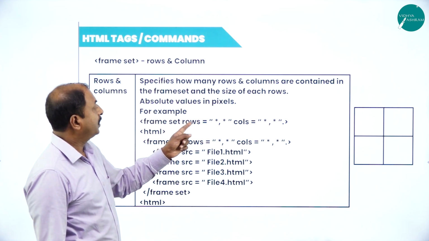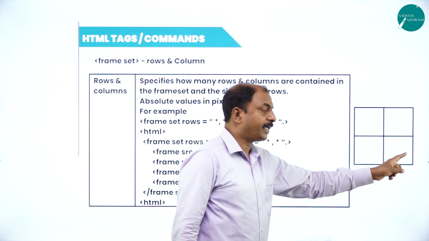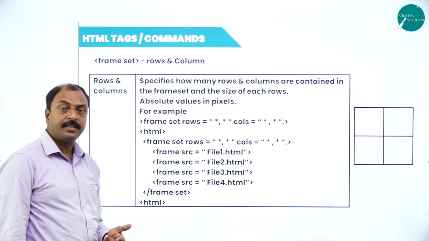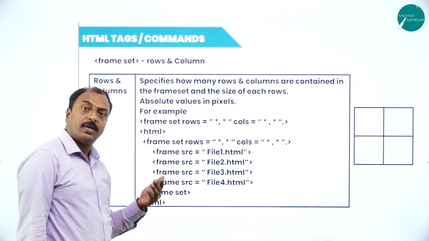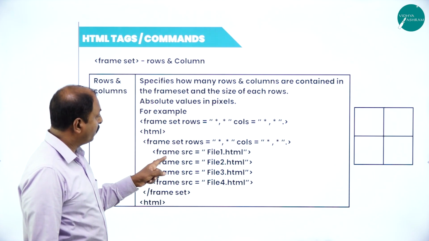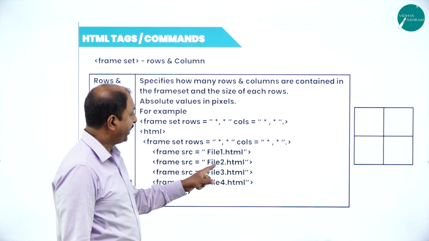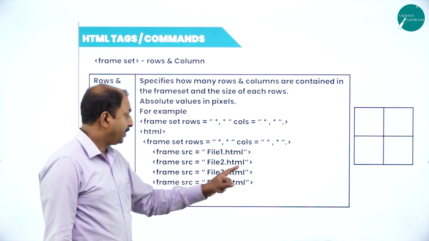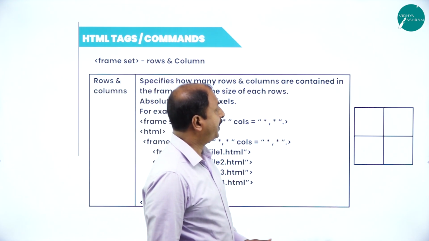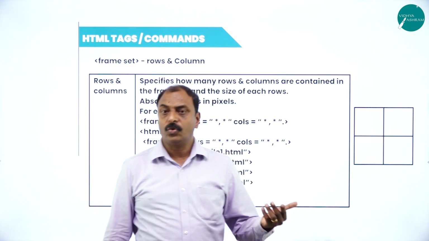So totally there are 2 rows and 2 columns. This is an example here: 1 row, second row and 1 column, second column. And how do we write the values for this example? Here, frameset rows, columns, and here frame src equals file1.html and here file2.html, file3.html and file4.html. As we have divided this section into 4 frames, or 4 sections,